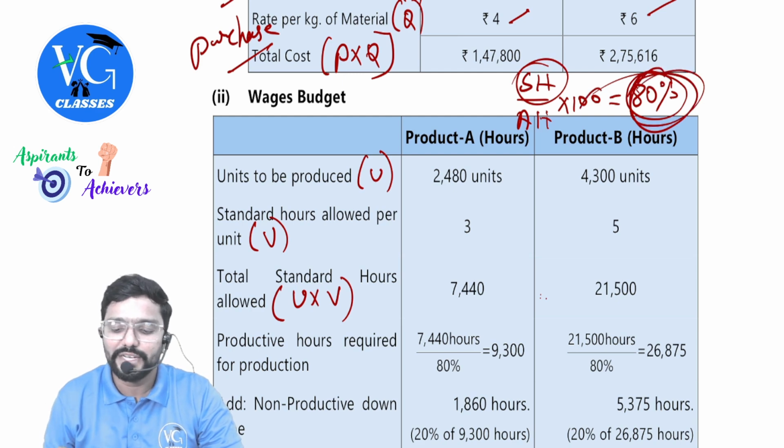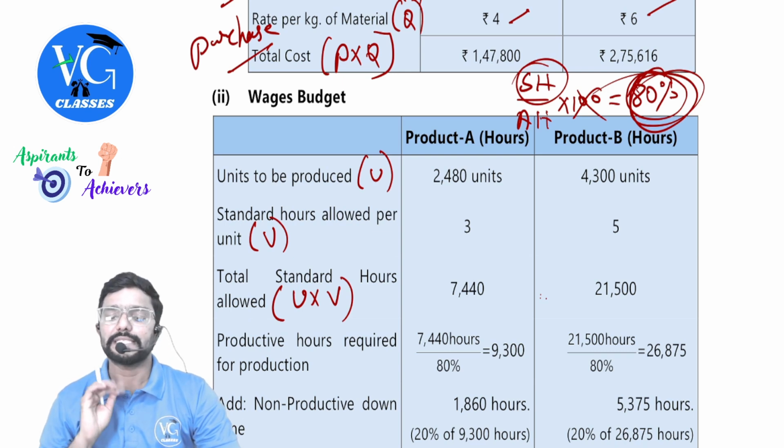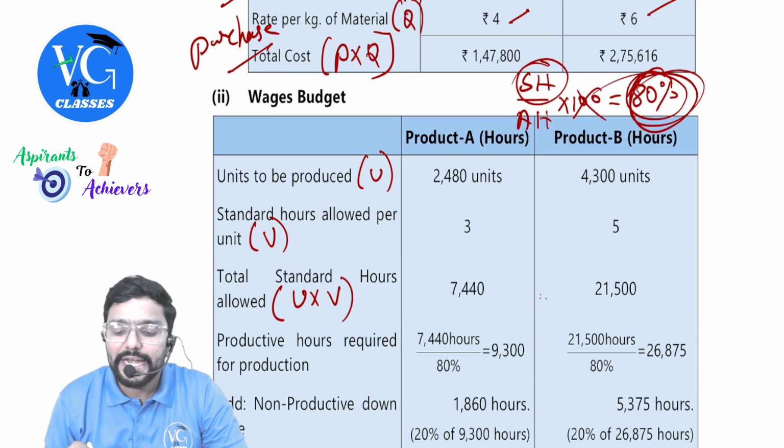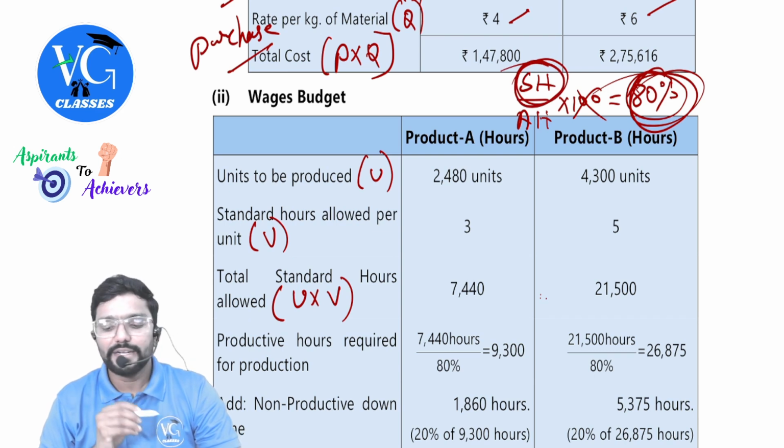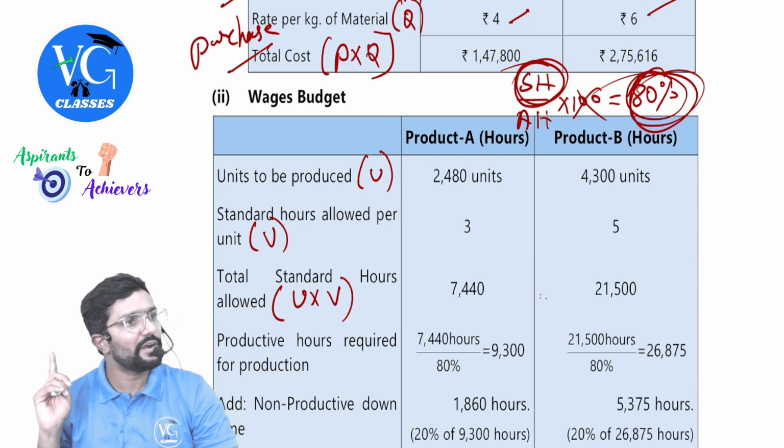Okay, if you are taking 80%, into 100 will not. Fine. But the ratio, you will use into 100. Now, standard hours, can we calculate? Yes, sir. So standard hours is 80. We already got it, no?